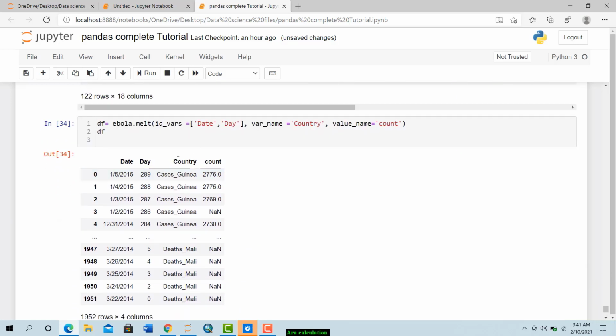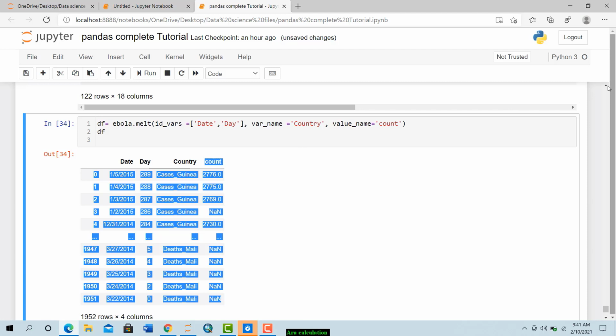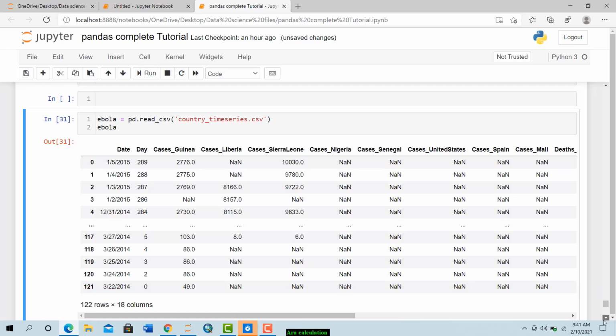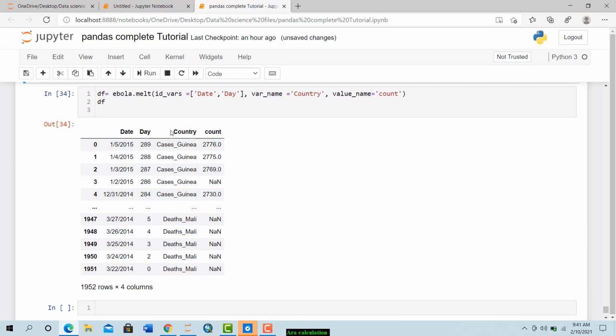Now you can see our country count. By the previous dataset, if I say I want to compare mean cases by country, you can't visualize that, but now you can do that. Notice this country column carries three pieces of information: country name, cases, that is confirmed cases, I think, and deaths, the number of people who died